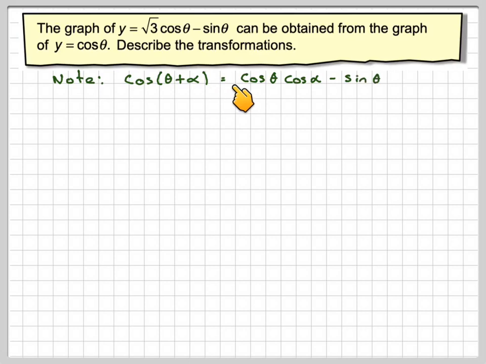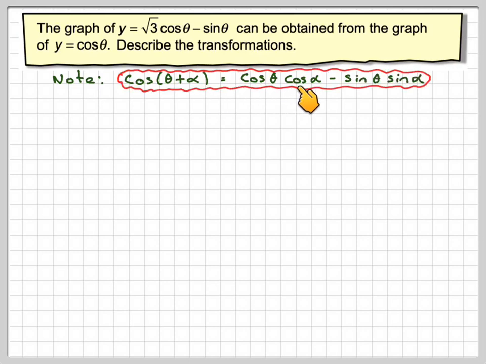The graph of y is equal to root 3 cos theta minus sin theta can be obtained from the graph of y is equal to cos theta. Describe the transformations. So if we note that cos of theta plus alpha is equal to cos theta cos alpha minus sin theta sin alpha, because what we're going to do, we're going to rewrite